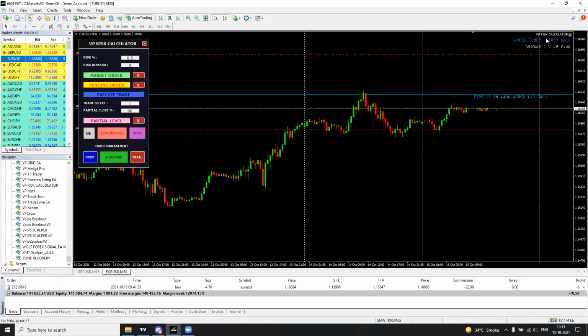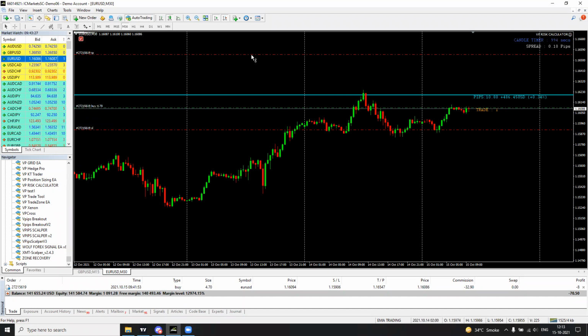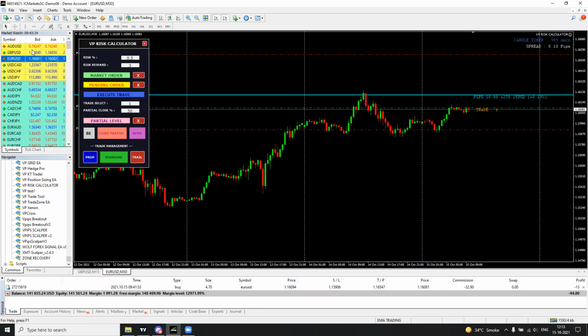Now you can see it will show you the candle timer as well, the seconds left for the candle to close, and the spreads also. Let's say you want to minimize this calculator, if it is blocking your chart, then just click on X, and it will minimize that particular calculator. Then you can analyze your charts, and you can click back on this arrow to turn it back on. So yeah,